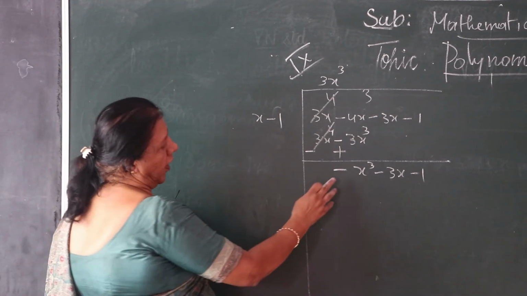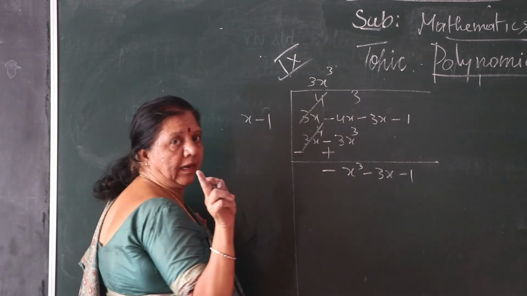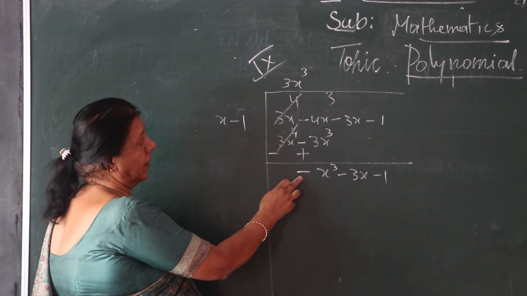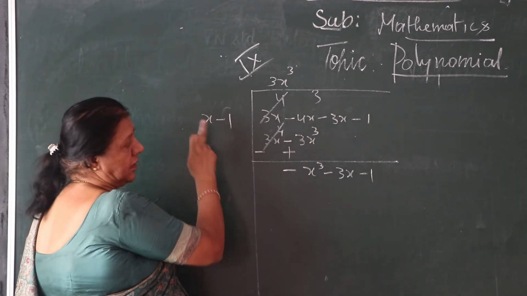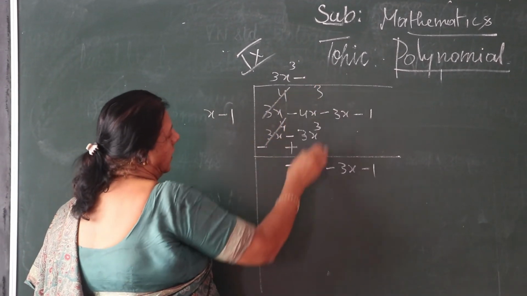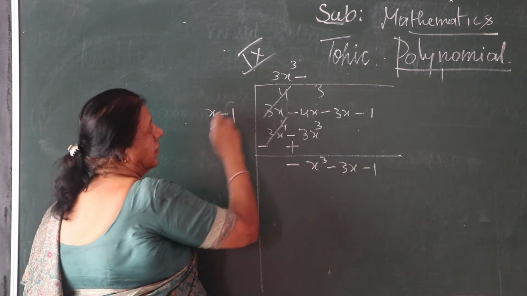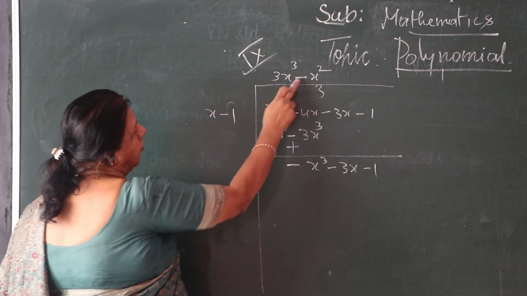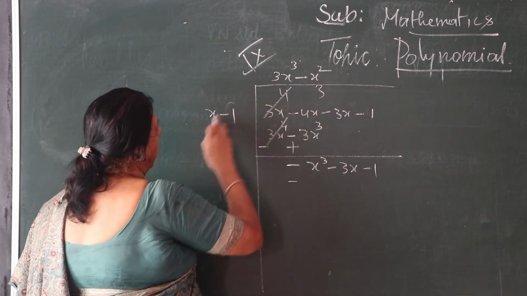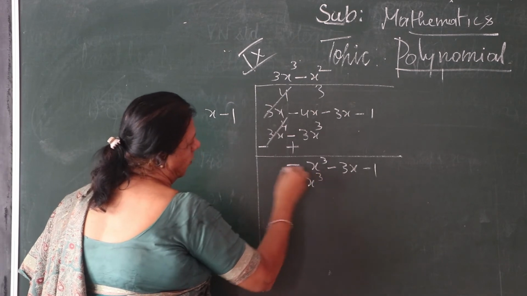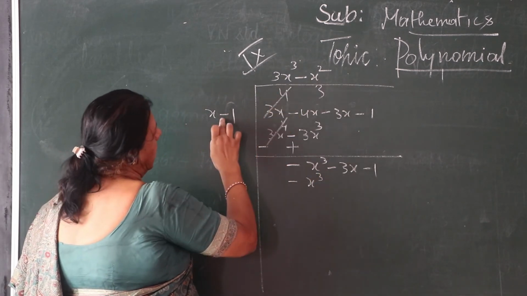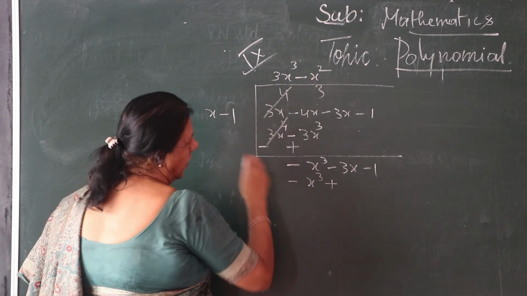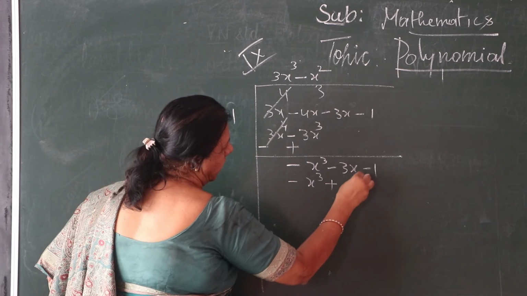Okay, now you go for the next term. The x cube should be cancelled. Now with the sign, minus is there. Minus x cube is there, and here x is there. You go for x square. So plus into minus: x square into x cube, then minus into minus, plus: x square into 1. This is x square.